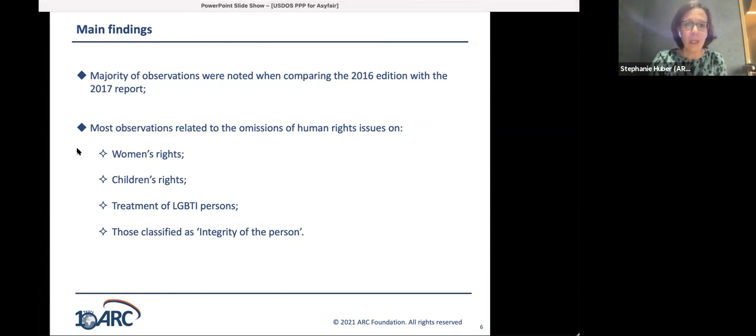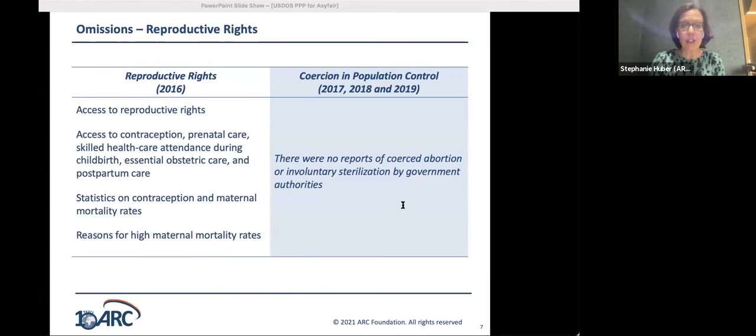observed. So strikingly, the subsection on reproductive rights included in the 2016 report was replaced with coercion in population control in the 2017 and also in all the subsequent editions, dramatically changing the range of issues addressed in the respective reports. So whilst the 2016 reports had included information on access to reproductive rights and statistics on contraception use, maternal mortality rates, as well as the reasons for such high rates, this was all removed from subsequent reports, most of which were reduced, like you can see here in the 2019, to mention the absence of coerced abortion or involuntary